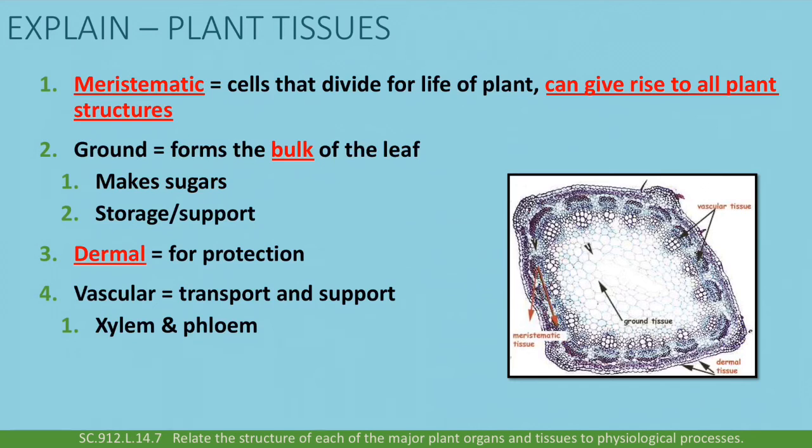Next up, you have your vascular tissue. This is going to be your xylem and phloem, and they're going to help out with transport and support. Your xylem and phloem are mostly going to be found in your stem and in your roots. Transport and support of water and other material that go throughout the plant, and then support of the plant itself